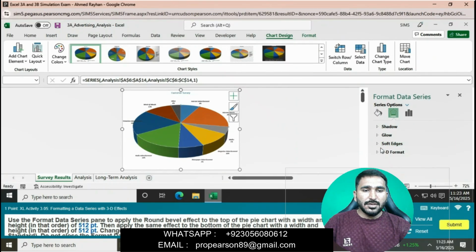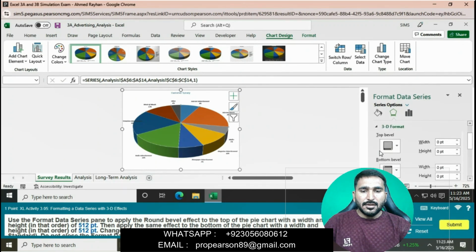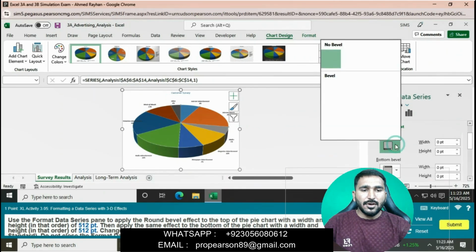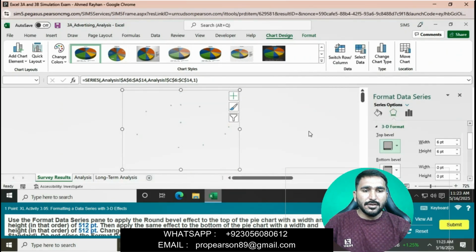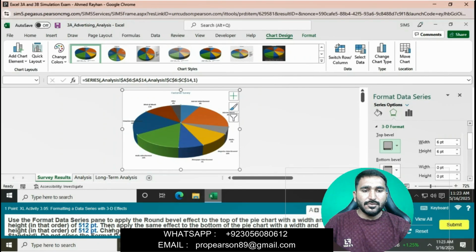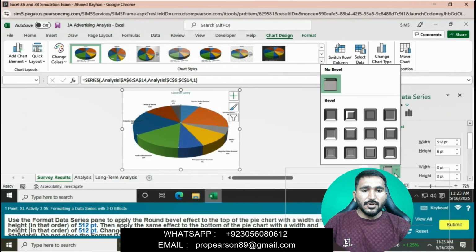Go to the series options, then 3D format, round bevel effect on the top of the pie chart. Round bevel is here, and then width and height is 512 points.